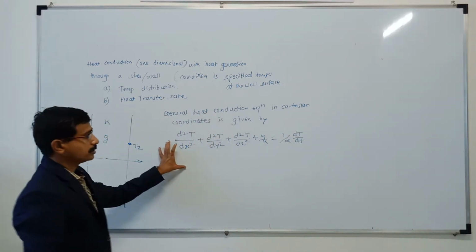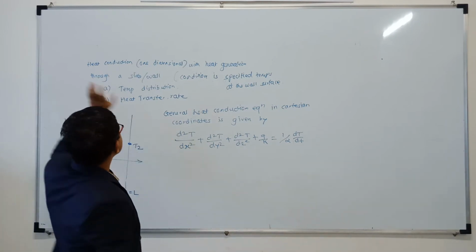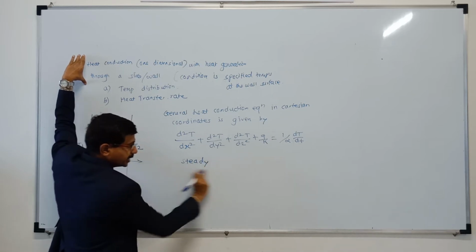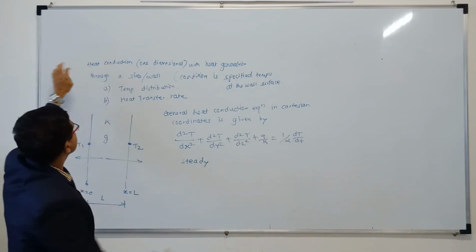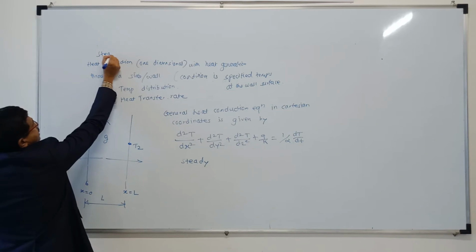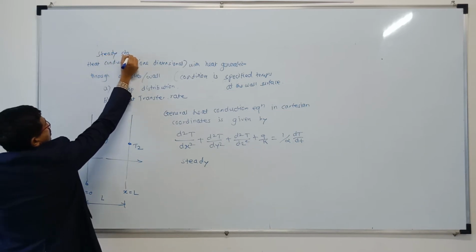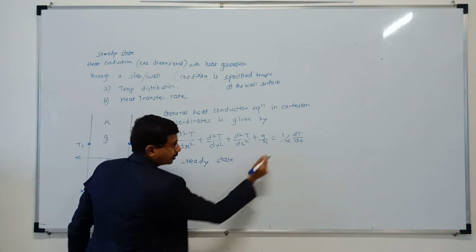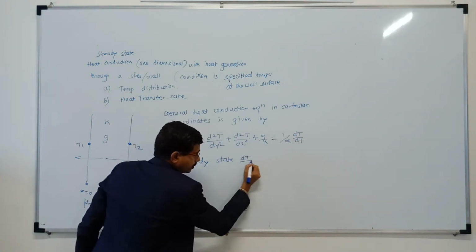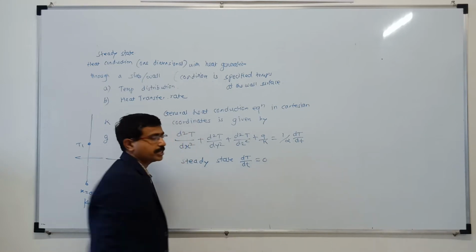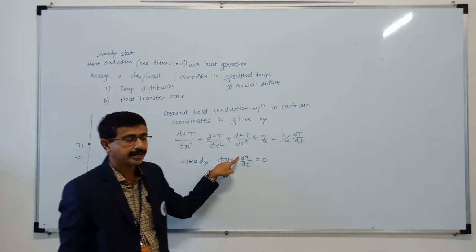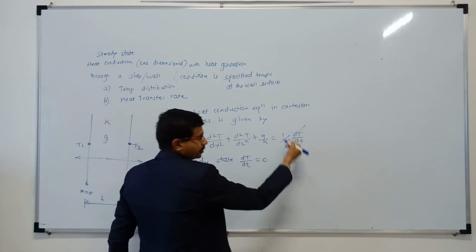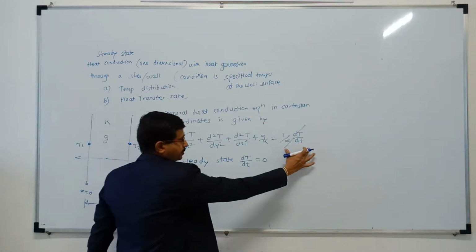Now we are going to put certain assumptions here. Let us consider the flow is steady. What is the meaning of steady flow? Let us consider we are going to derive the equation for, let us say, steady state heat conduction. So for steady state, dT by dt is equal to 0. What is steady? Temperature is not changing with time. So mathematically it is written as dT by dt is equal to 0. So as this becomes 0, this value is going to be 0. Okay, right hand side becomes 0.